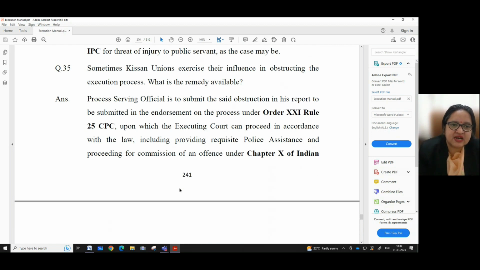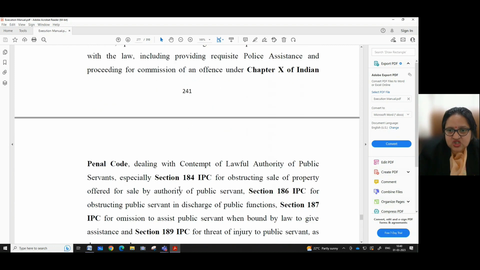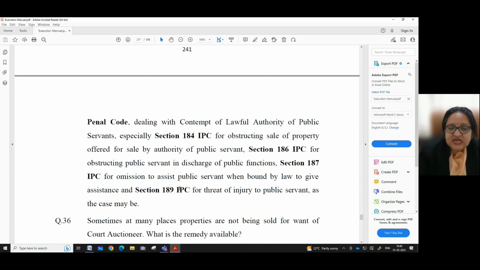Question 35 is that sometimes Kisan unions exercise their influence in obstructing the execution process. What is the remedy available? Now, the process serving official is to submit the said obstruction in his report to be submitted in the endorsement on the process under Order 21, Rule 25 CPC, upon which the executing court can proceed in accordance with the law, including providing requisite police assistance and proceeding for commission of an offence under Chapter 10 of the Indian Penal Code, dealing with contempt of lawful authority of public